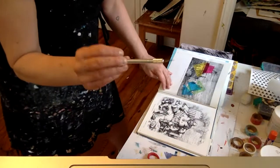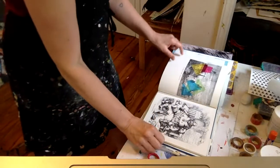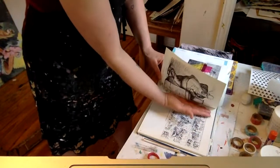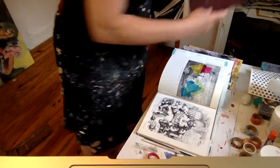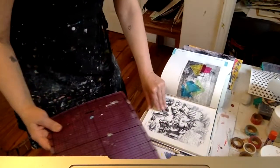Now, when you're using one of these, an Xacto knife, at any point, you want to put a piece of cardboard or a cutting mat underneath your page, because you don't want to cut into the pages underneath it. So,